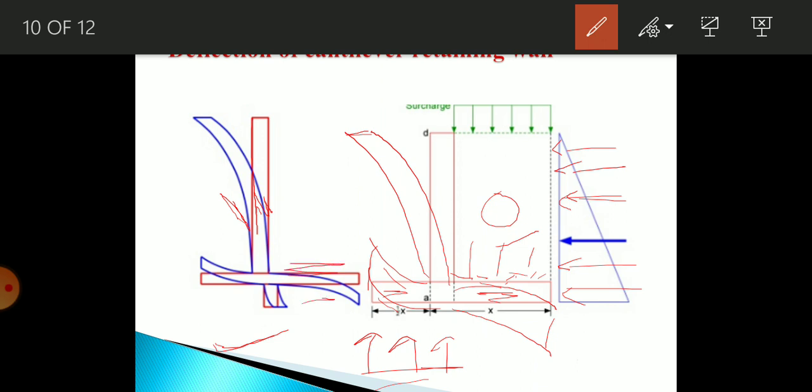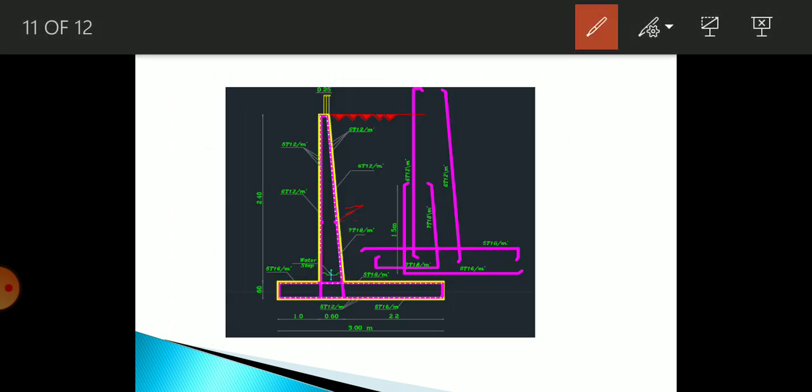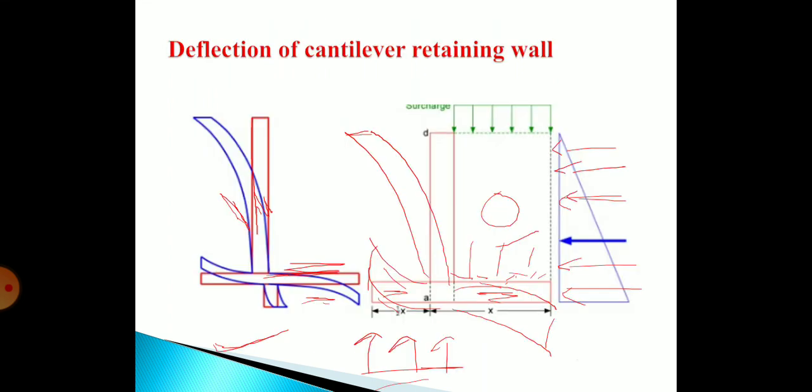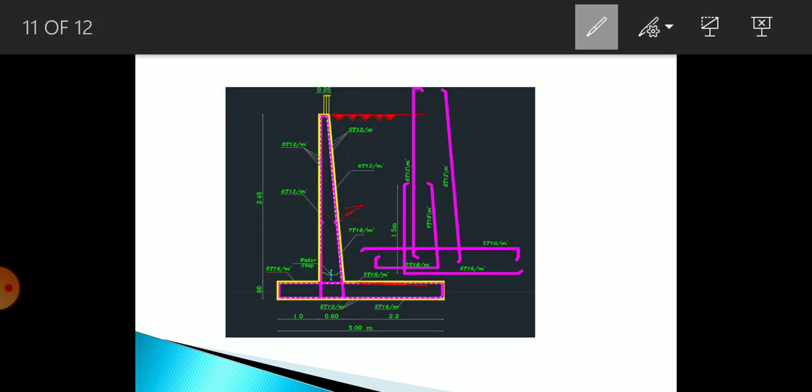So for heel slab, due to this downward deflection of heel slab, this part will be in tension and this part of heel will be in compression. So main reinforcement will be laid in tension side, that means in upward side. So main reinforcement of heel is laid on upward side of heel slab. Then next is for toe slab. This toe slab will bend in upward direction, therefore this bottom portion will be in tension and top portion will be in compression, and we know that reinforcement is laid on tension side, so reinforcement of toe will be laid at bottom side of slab.